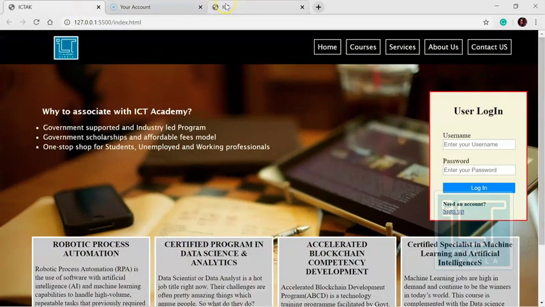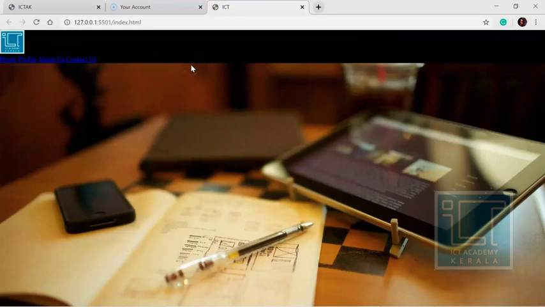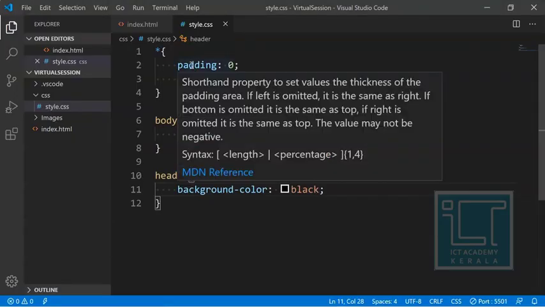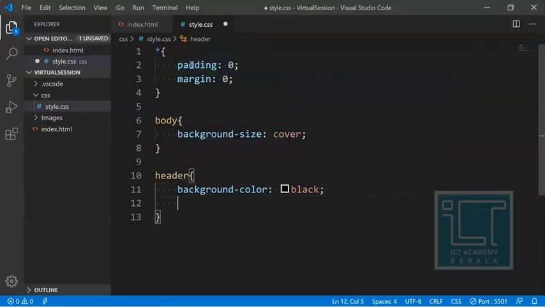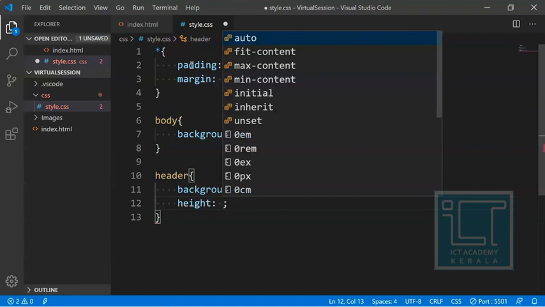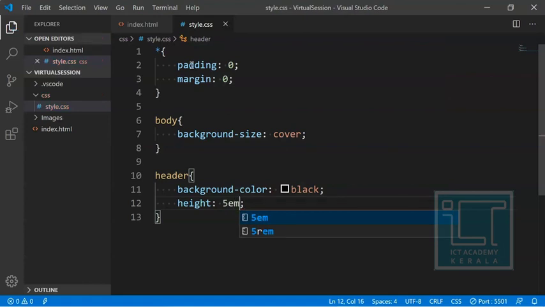So it's almost similar. Next, what we have to set is a little more height. I need to set the height of the header to be 5 em. Em, I have already told you, is a unit for the size of whatever thing that we are going to set.